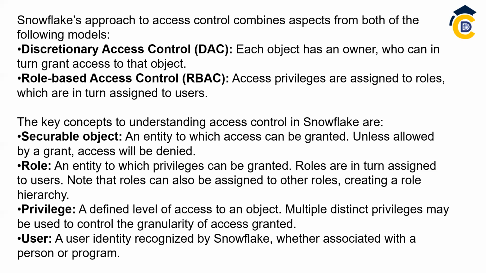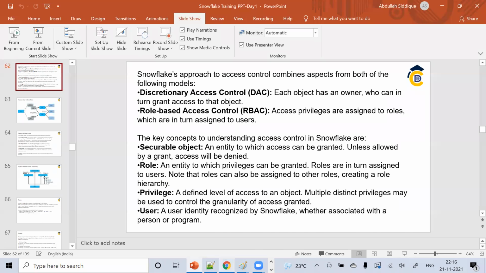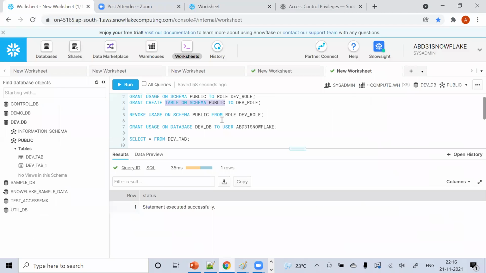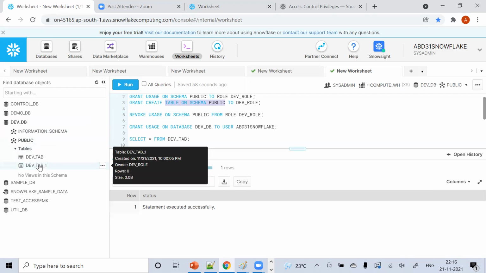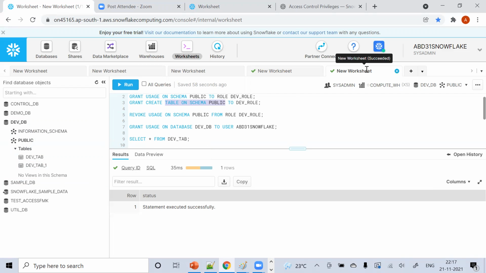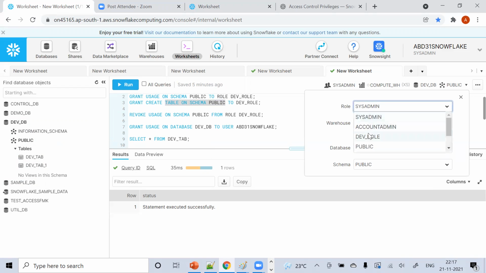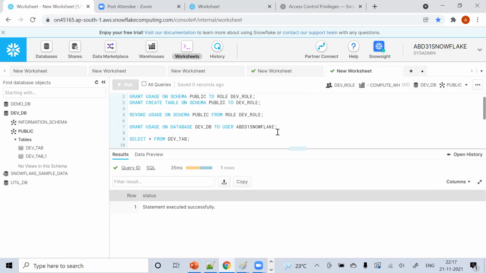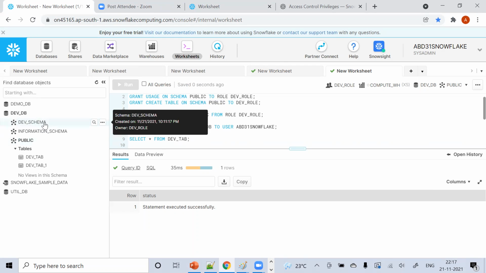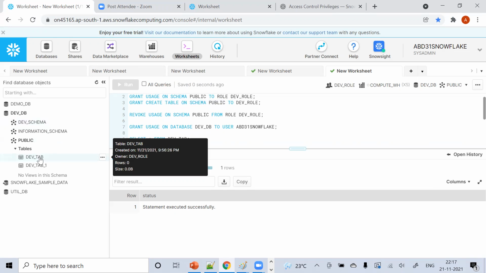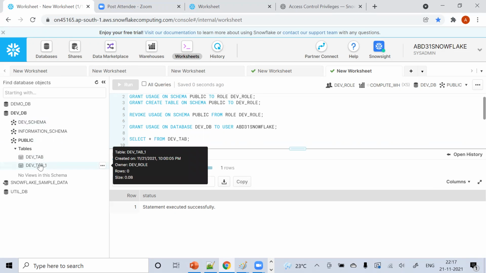Okay. Just one last thing I want to show you guys before we wind up. Now see, guys, I have created this dev role. I created some tables, some schemas using that role. Let me change it to dev role. Refresh it. See, the dev schema I created. See, the owner is dev role. You can see that, right? And